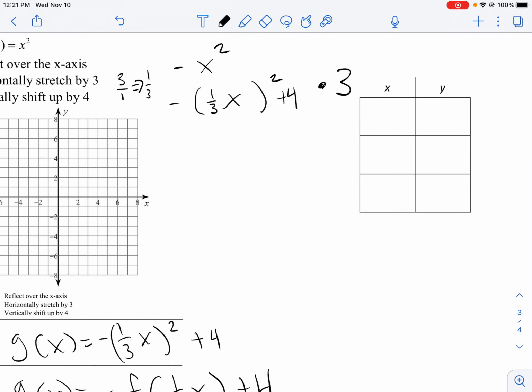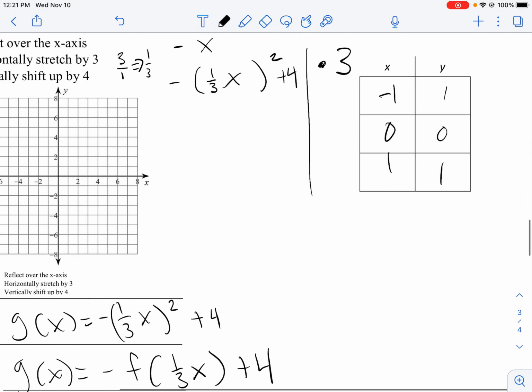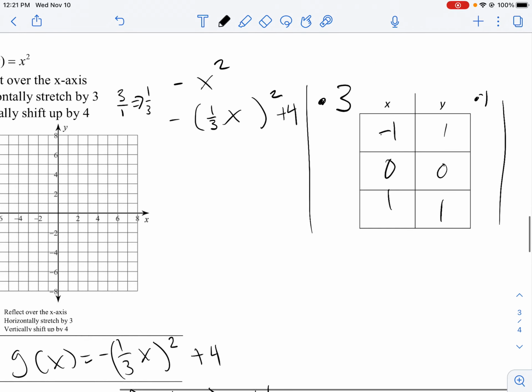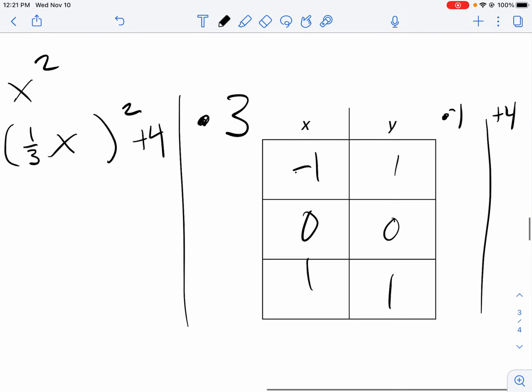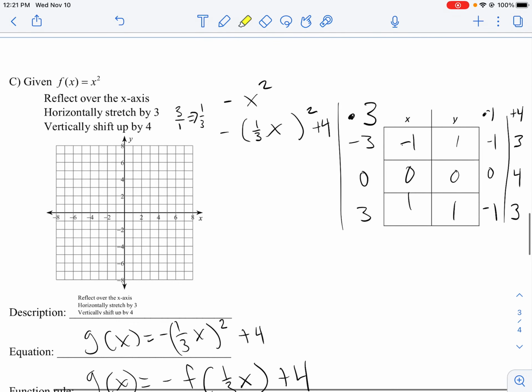So remember, the quadratics have a -1, 0, 1, 1, 0, 1 table. Alright, and then from there we say, great, reflection over the x-axis, that is multiplying by a negative first. Alright, and then from there we are shifting up by 4. So we have -3, 0, 3, -1, 0, -1, and then 3, 4, and 3 when we add those. Two leftmost columns. So we have -3, 3,